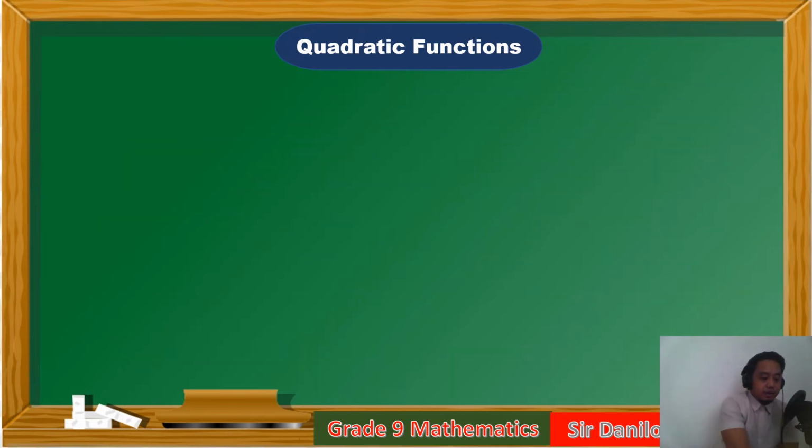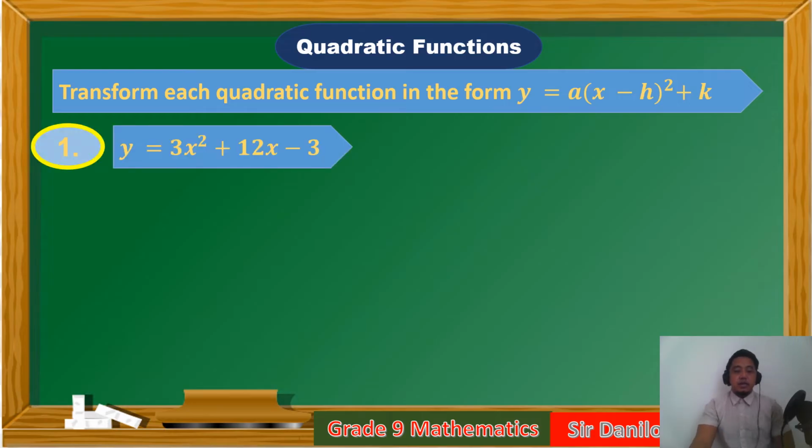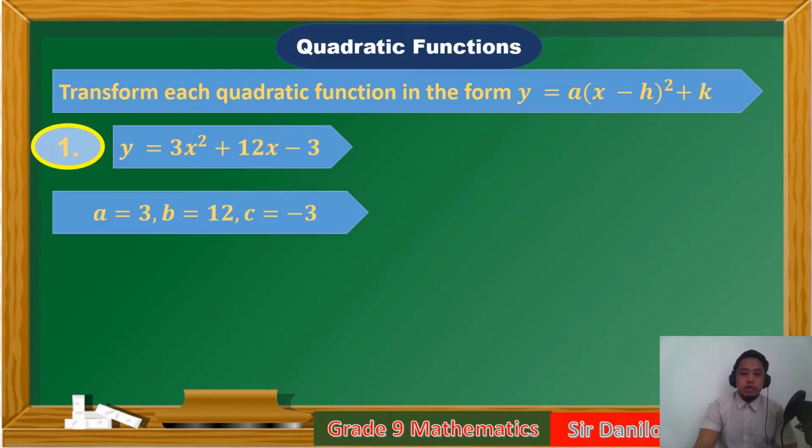Easy peasy. Okay. And this one naman, magta-transform naman tayo na yan. Each quadratic function in the form of y equals a times x minus h raised to 2 plus k. Okay. Paano po yan? Gagawin lang natin ito. So you have y equals 3x squared plus 12x minus 3. Ang goal natin yan, first, kunin mo muna si a, b, c. If you are transforming a quadratic function in this form, okay,